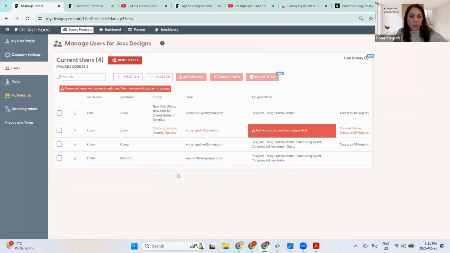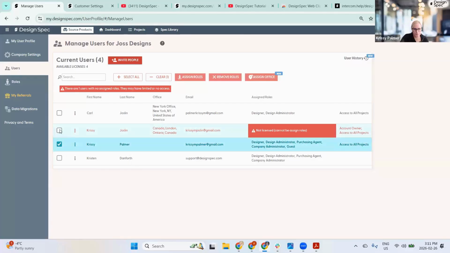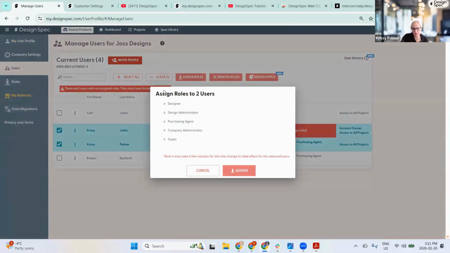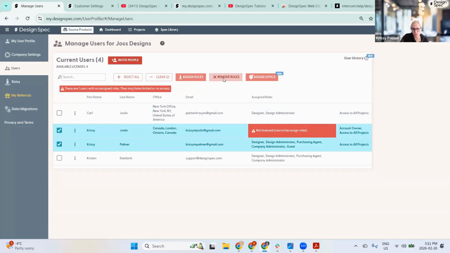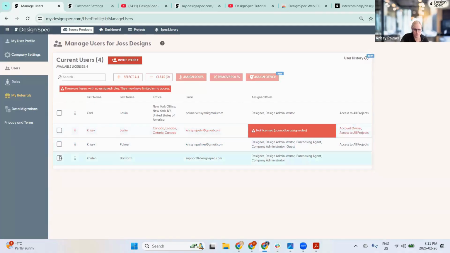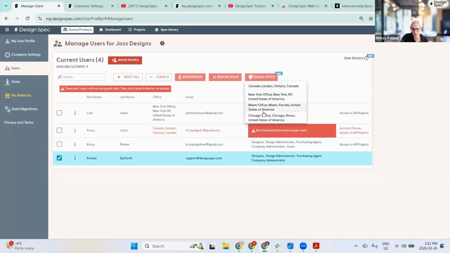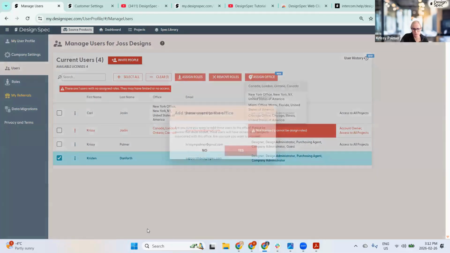And can that same toggle assign offices, the user permission in the roles tab? Yeah, so if you have access to here, you'll be able to go in and say, okay, I want to assign roles. So you can add additional roles. And then if you want to remove roles, you can also do that as well. So just click on that button, remove roles, and then you can assign an office as well if there's no